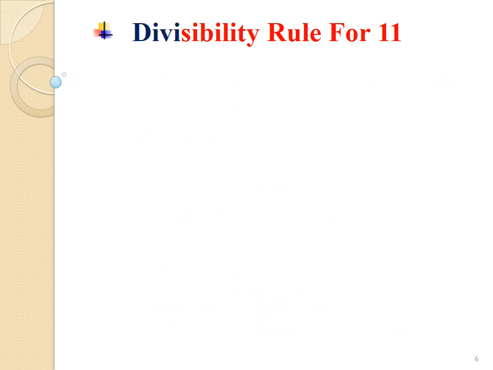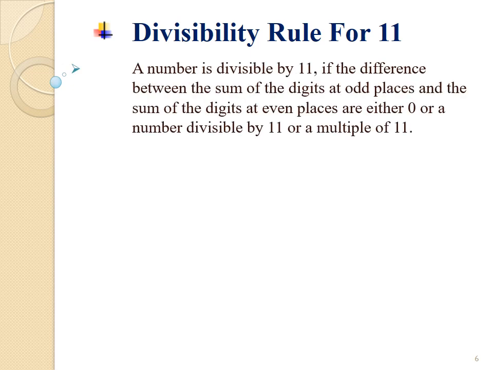Divisibility rule for 11. A number is divisible by 11 if the difference between the sum of the digits at all the places and the sum of the digits at even places is either 0 or a number divisible by 11. Students, we can check whether a given number is divisible by 11 or not by different patterns. So, now let's solve example A,